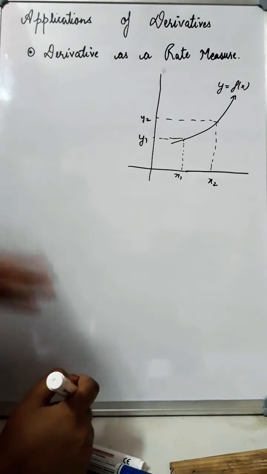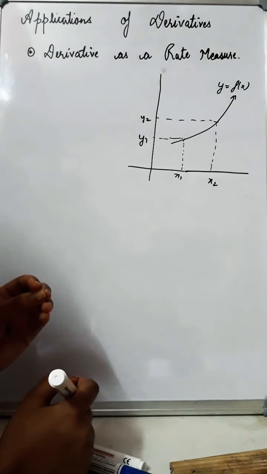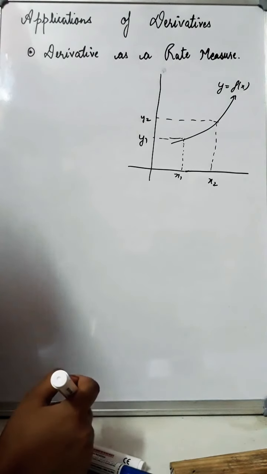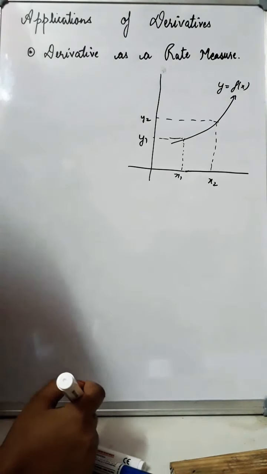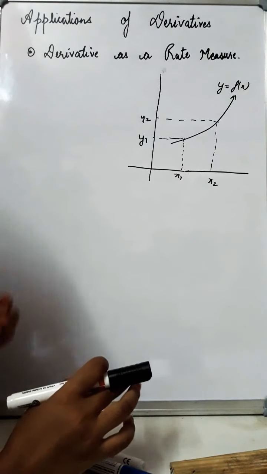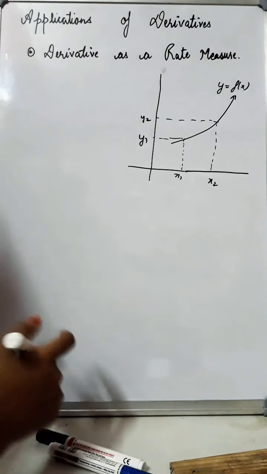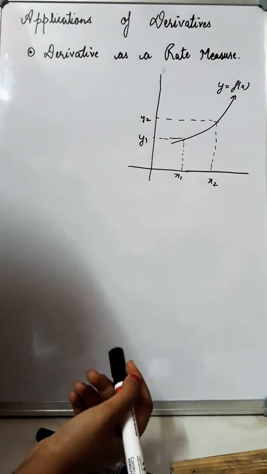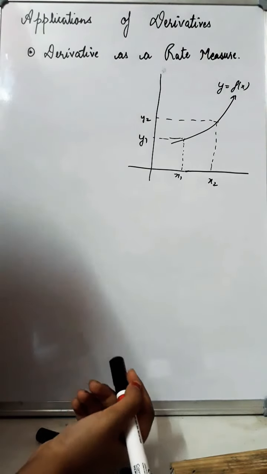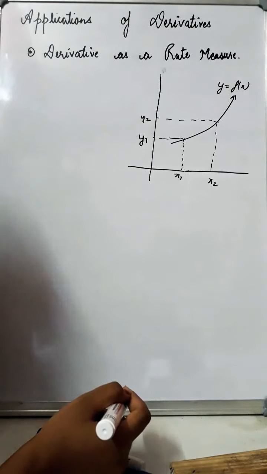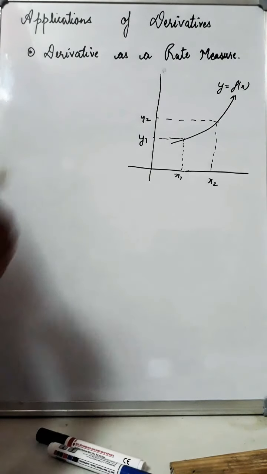Now we will learn about the applicability of these derivatives, means in day-to-day life or in day-to-day mathematics, what is the applicability of these derivatives that we are studying. So from the very basic definition of differentiability or derivability that you know, the derivative is the rate of change. I hope you are familiar with this. Rate of change, or you say the slope of the tangent to the curve, right?